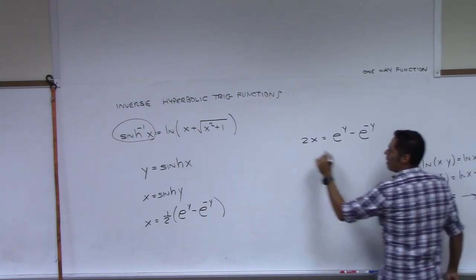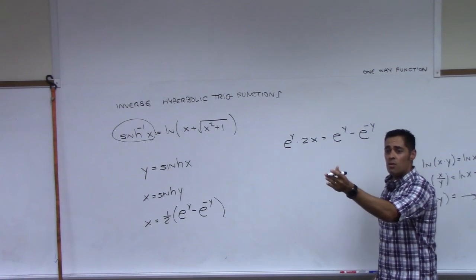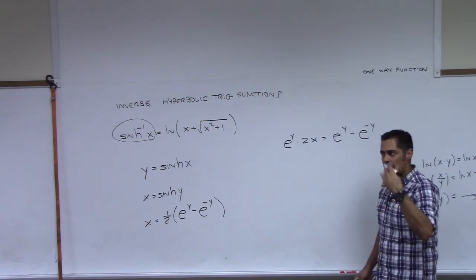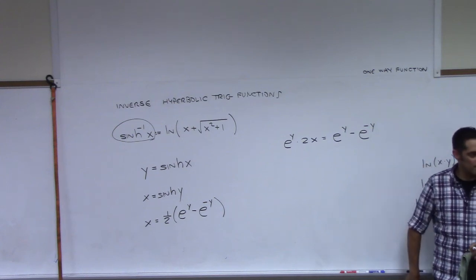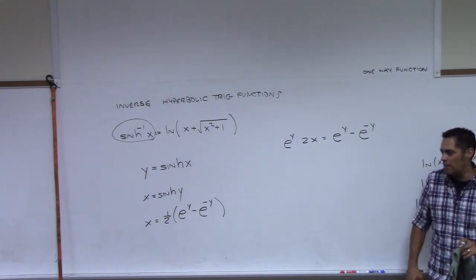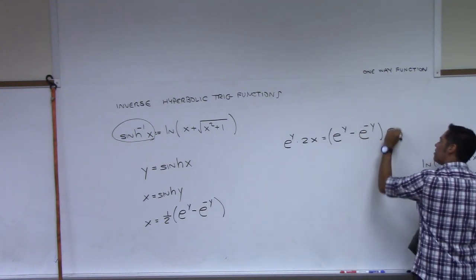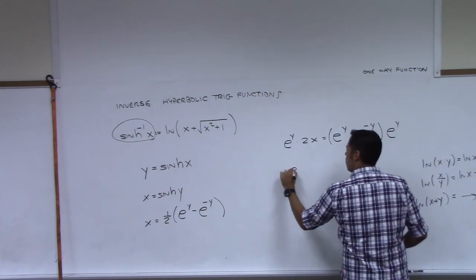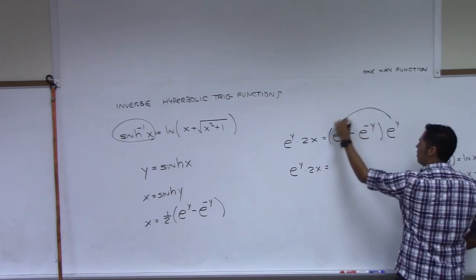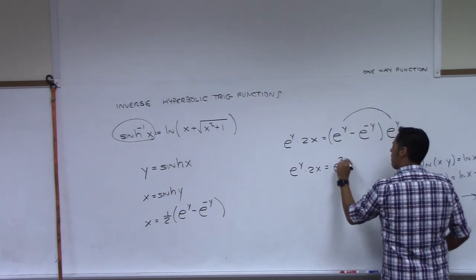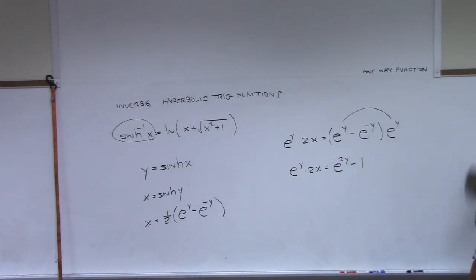Okay, so look, I like this move of e to the y. And you said that we did that earlier, right? Yes, sir. That's one of these things, like when you see something happen, always have that in your arsenal. Try it, right? Doesn't hurt to at least try something. So e to the y, multiply on both sides. And so we get e to the y times 2x equals, now when we distribute here, we get e to the 2y minus 1. Now I agree that that is a good first step